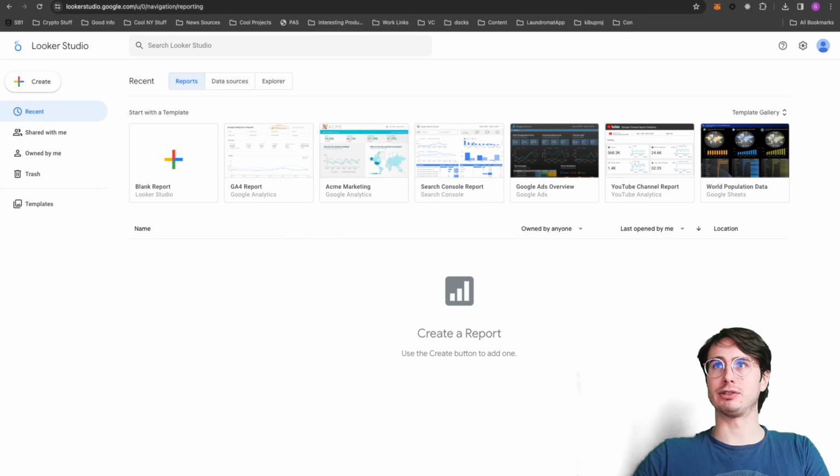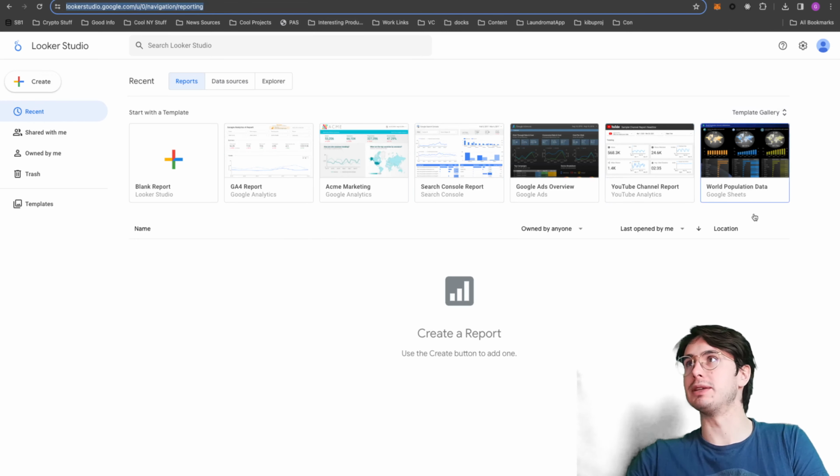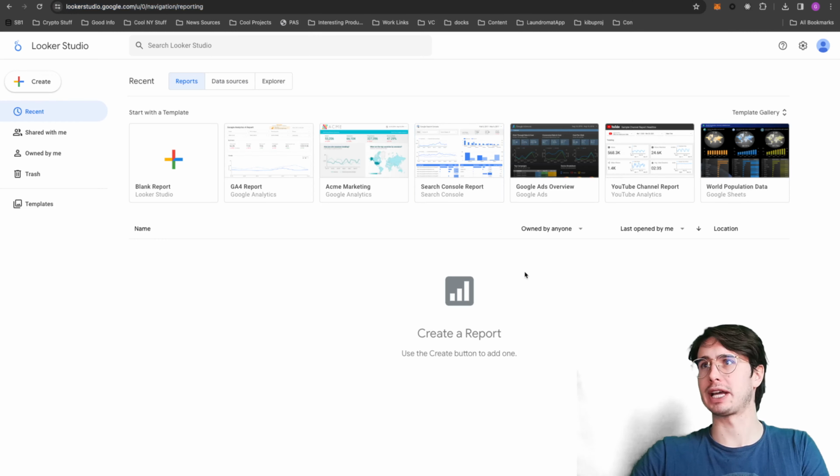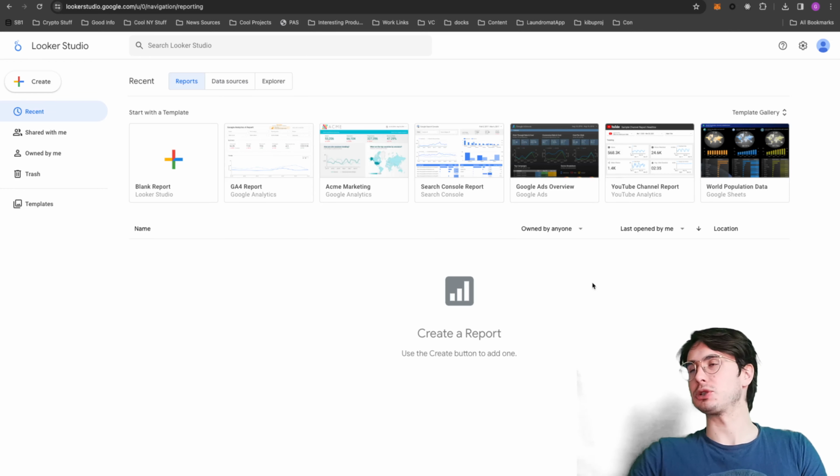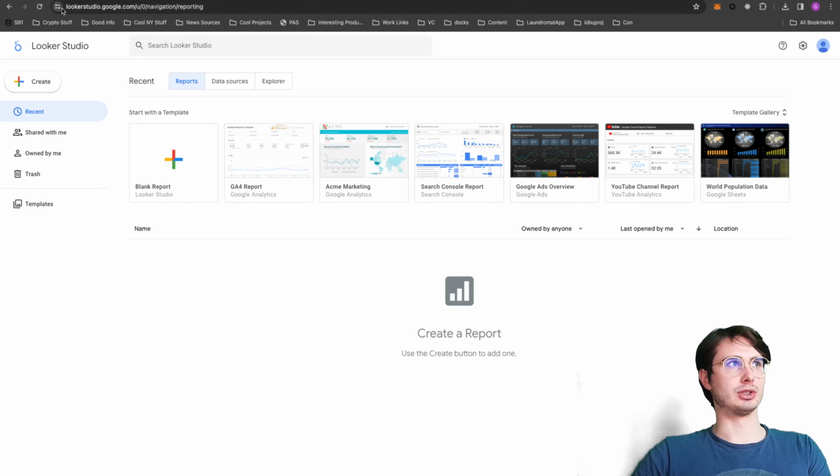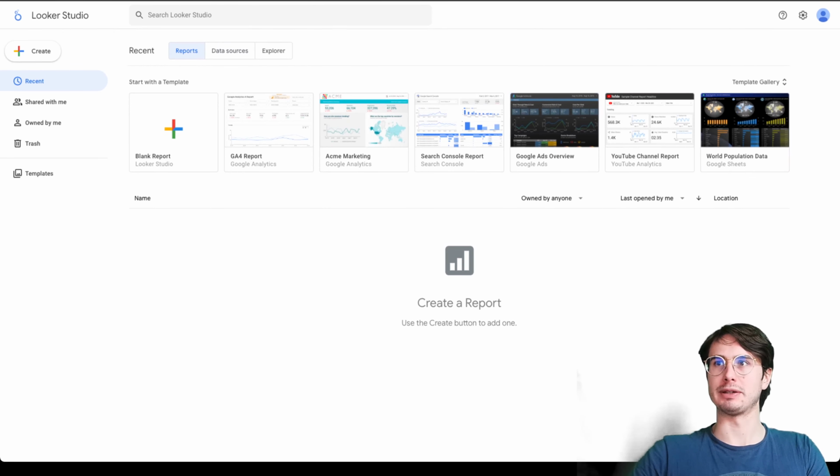And so to sign up for Looker Studio, you see I'm already logged in because all you need to do is just have a Google account, which I imagine most of you out there will have. And if you don't, again, totally free to sign up. And then once you're logged in to lookerstudio.google.com, you see it up in the menu bar there,